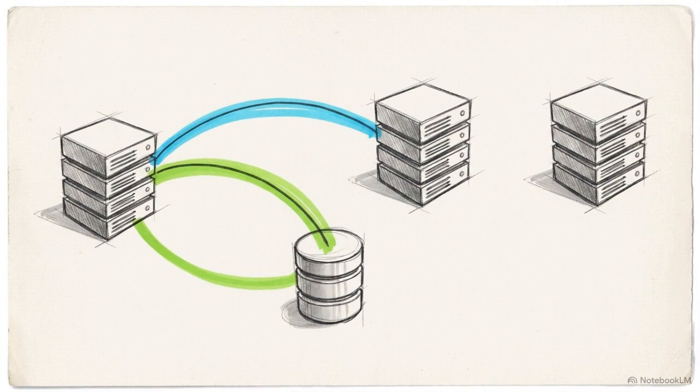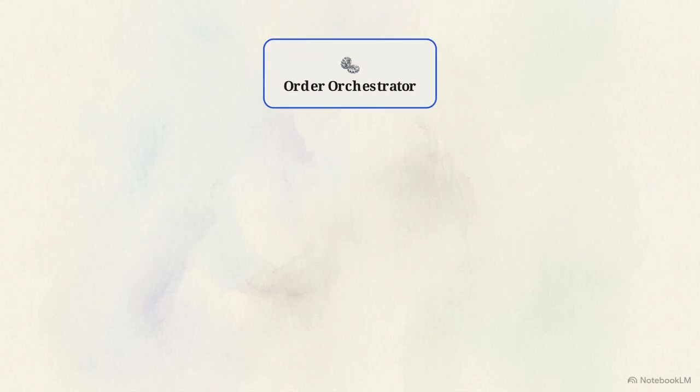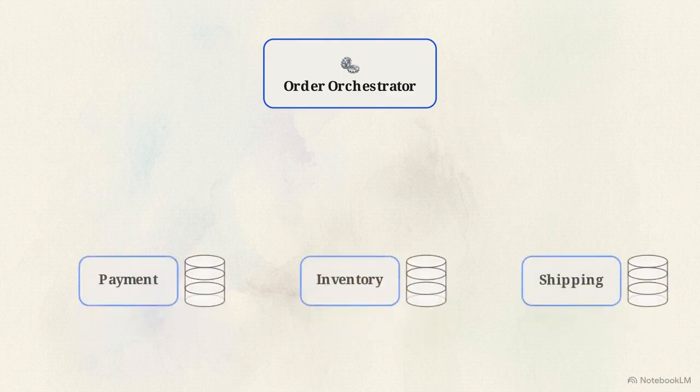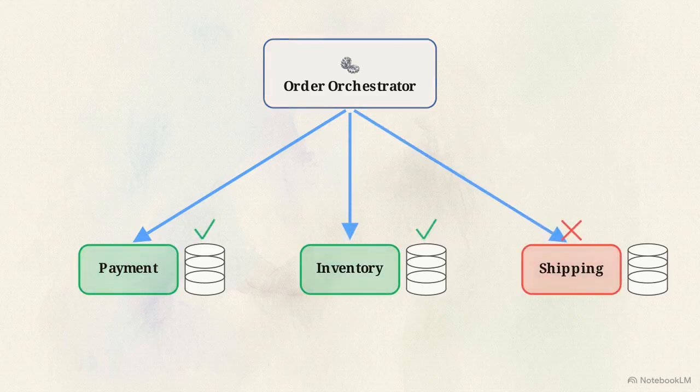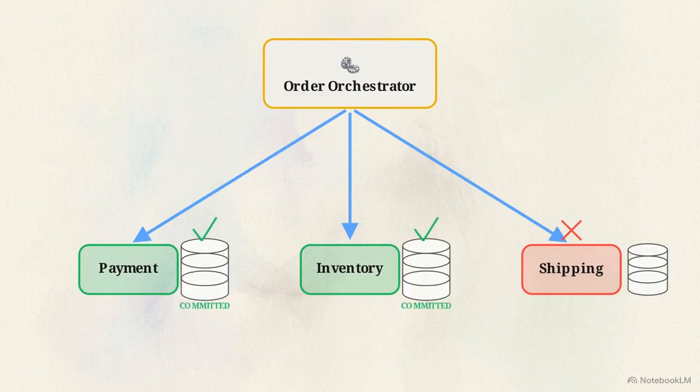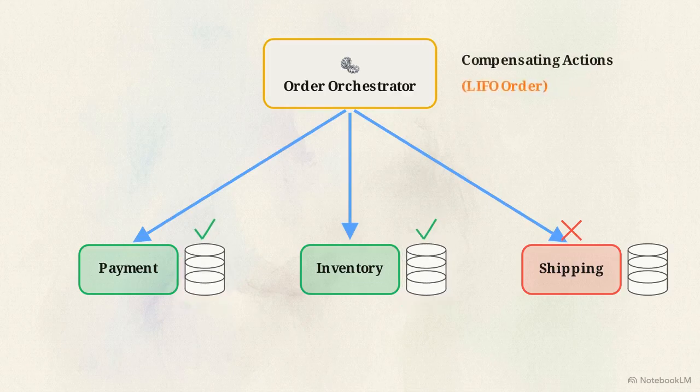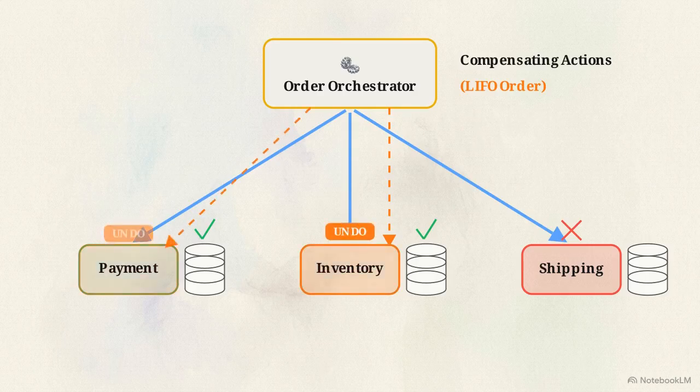step in the workflow. This topology illustrates the orchestration approach. A central order orchestrator node acts as the controller, sequentially sending commands to the payment, inventory, and shipping services. If a downstream service like shipping fails, the orchestrator must resolve the partially completed order. Because the earlier local transactions are already committed, they cannot be rolled back in the traditional sense. Instead, the orchestrator issues compensating actions in reverse last-in, first-out order, instructing the inventory and payment services to manually undo